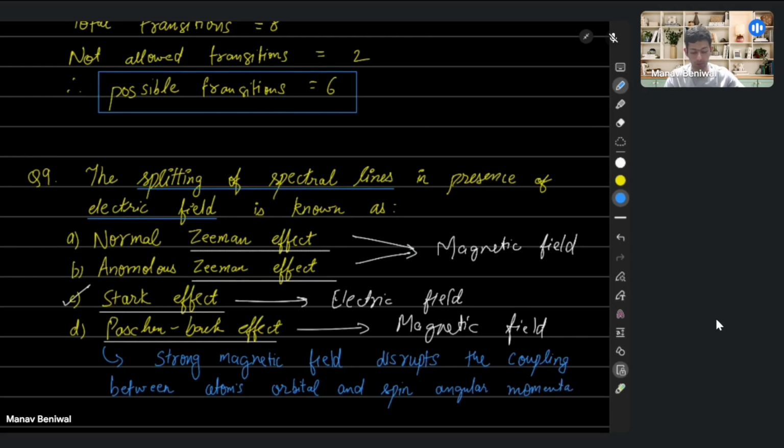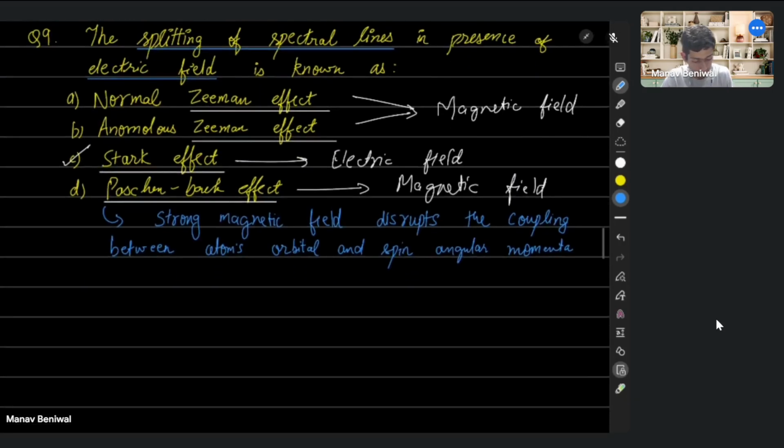Okay, so this is the Paschen-Back effect, and then because of this, what happens is, this leads to a different pattern of spectral line splitting